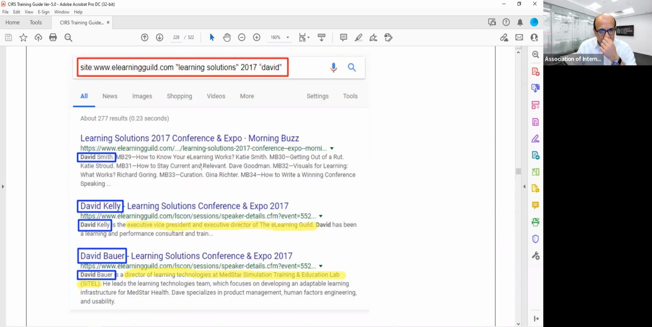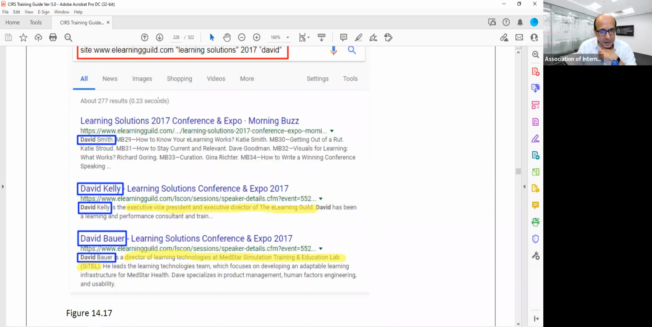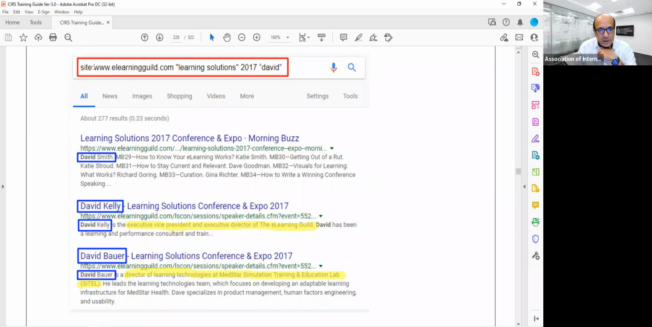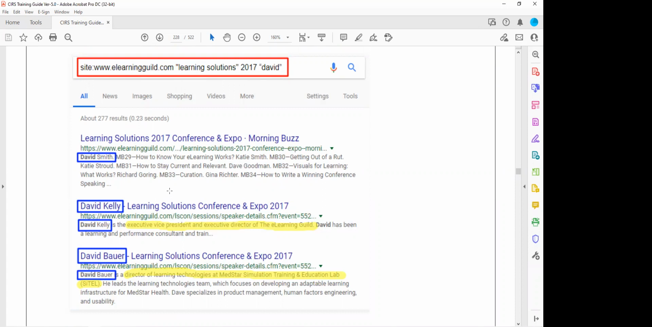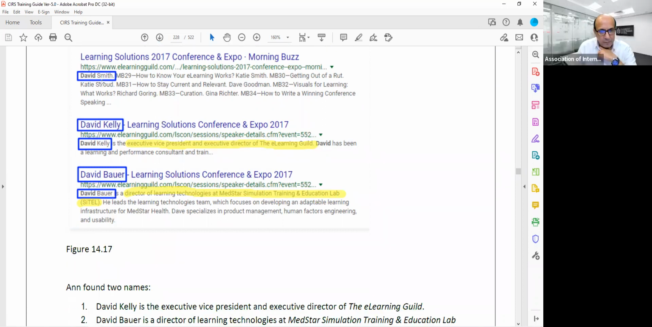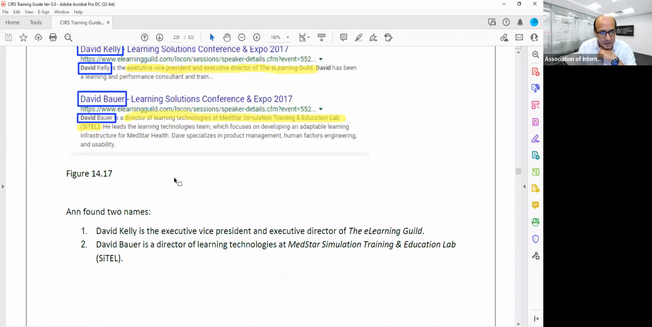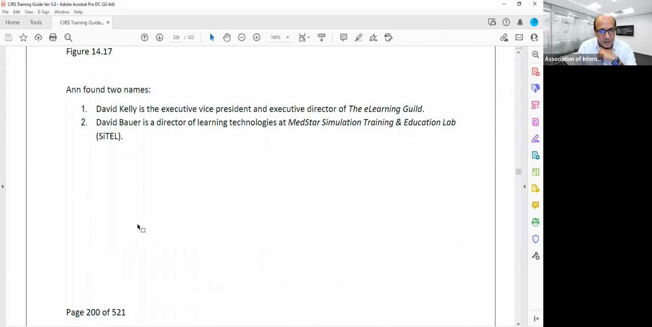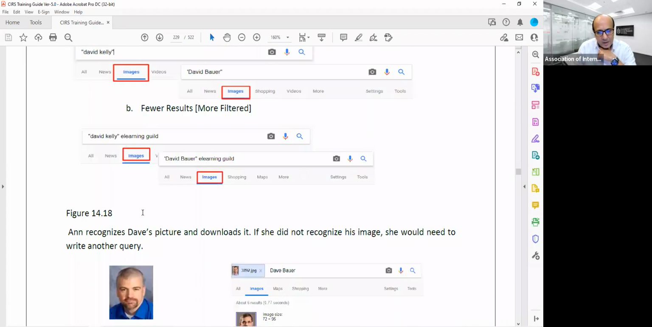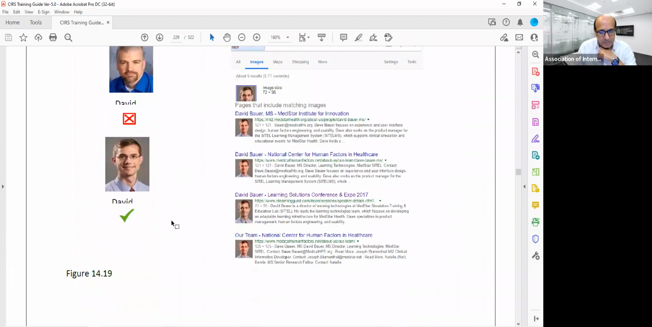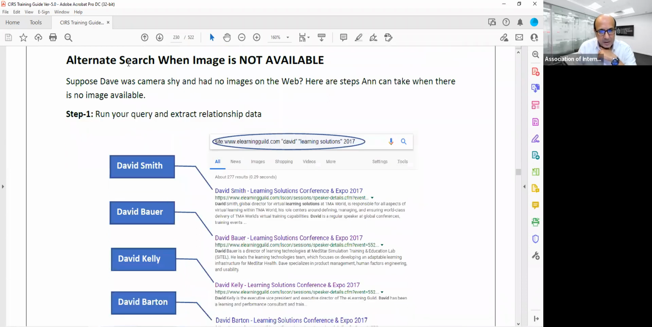Anyway, I don't know where I got disconnected, but you see this query, Steve, the first query that I put together. Yes. Okay, I found different Davids with a relationship to the eLearning Guild, not knowing exactly who it is. So the first thing was image search. If I recognize them off the bat quickly, that'll be easier. But supposing that does not work, or you couldn't find the picture, you can then do the